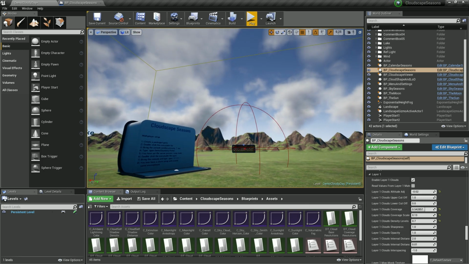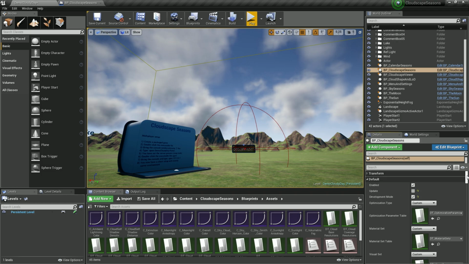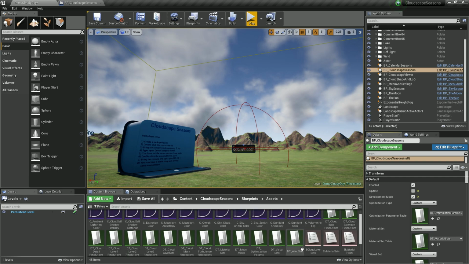First things first, instead of showing just this beauty, I want to introduce some things we are just finishing. We now have a lot of data tables in front of Cloudscape Seasons. We have sets of parameters that you can change, a lot of parameters that you have previously stored from your own experiments, just with a single drop of these combos. Whatever custom set you have here, you can change any parameter in Cloudscape Seasons, and